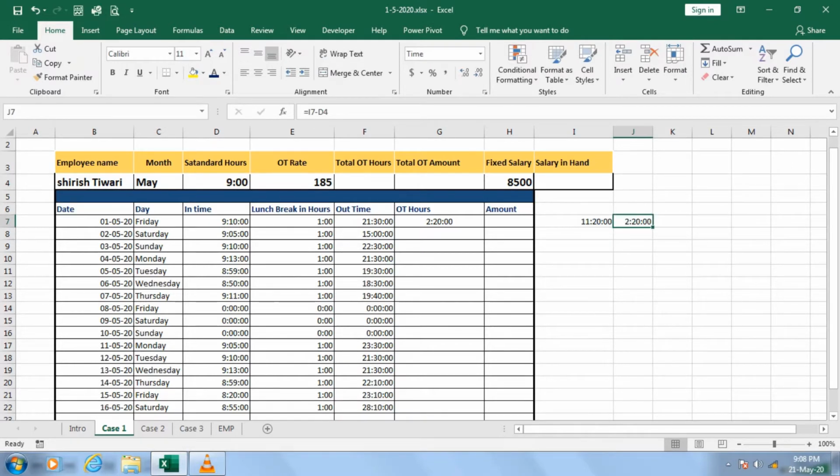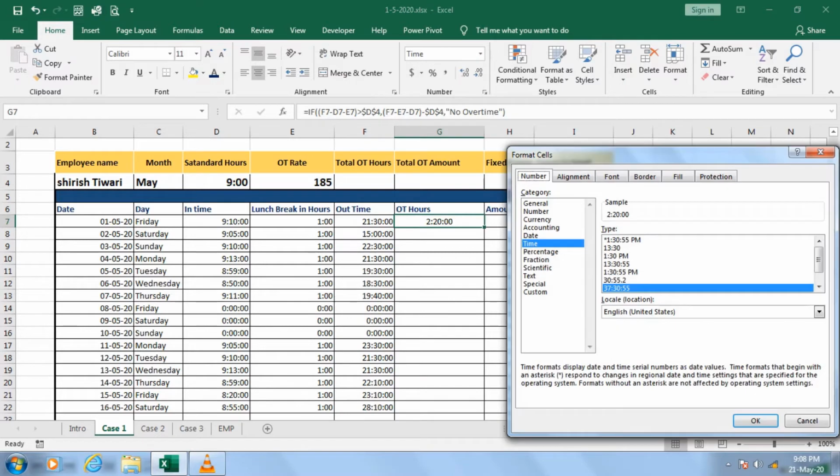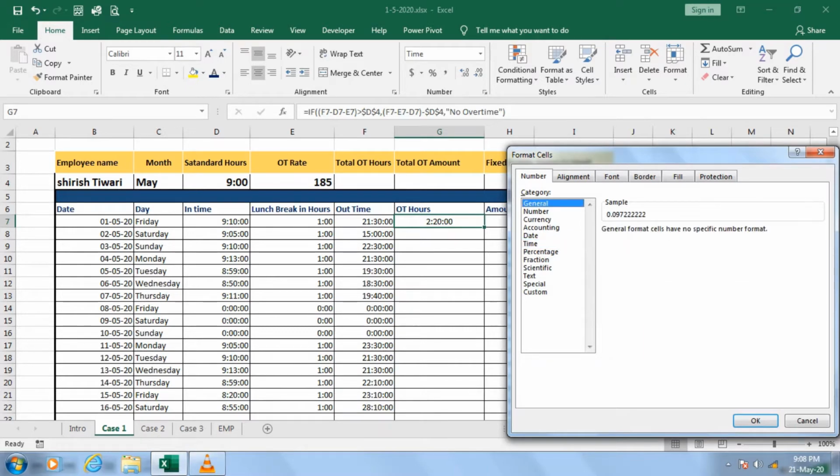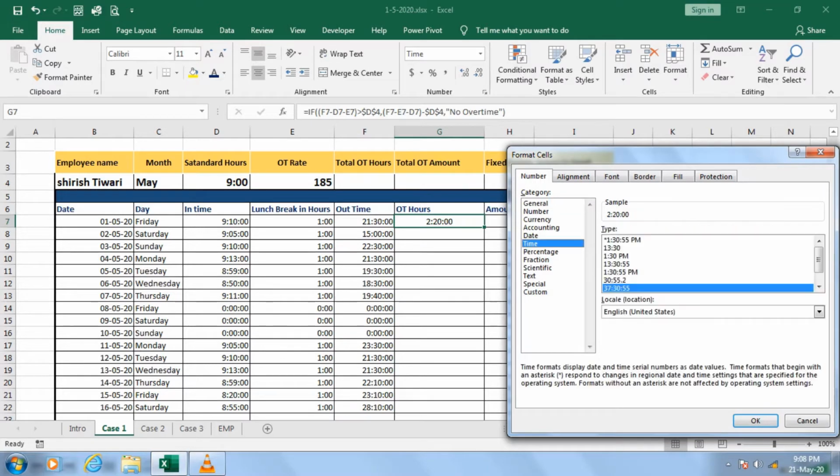To convert into the timing, you have to go to the time function by pressing Control 1, go to time, and choose the time format 37:30. If you don't take it as general, you will get it like this. To convert into timings, we just click and choose these options and say okay.